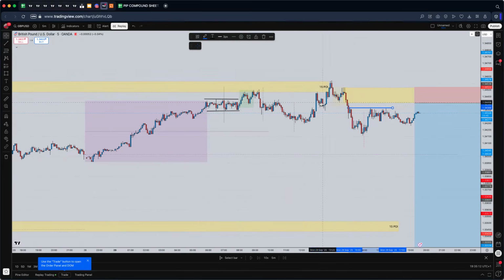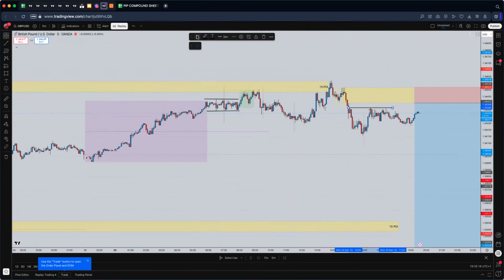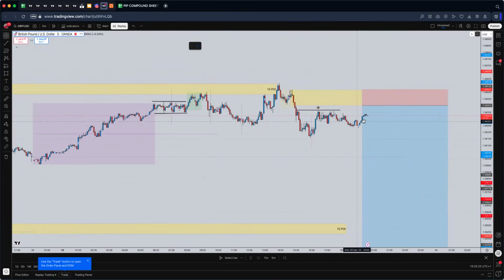Create triple highs. Okay, so now we've got the same situation as we did on the other trade. So now price you can see is floating above here. Again, like I said, wrong time of the day. I would have loved this to happen in New York, for it to start dropping down